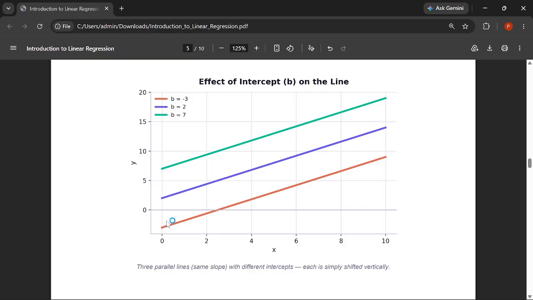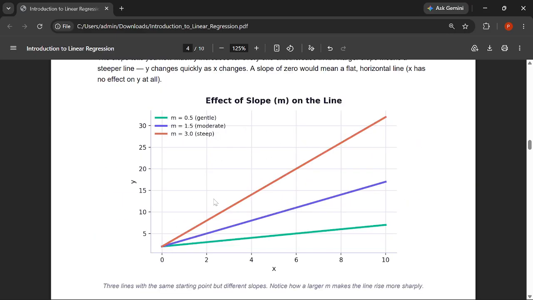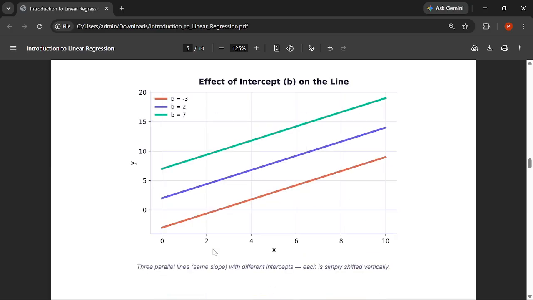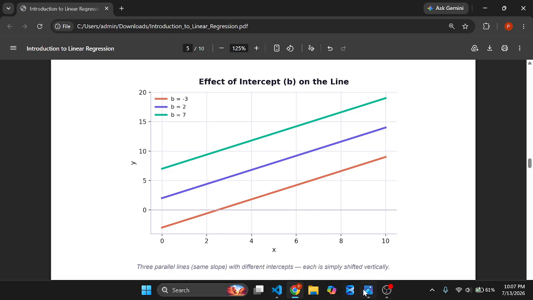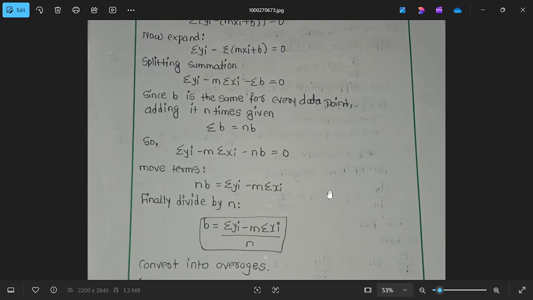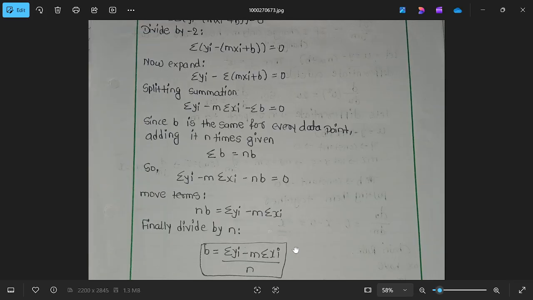It can't differ from value to value. The slope differs because we calculate the change in y according to the change in x, but b will not change. b remains the same for all the data points. So since b is the same for every data point, adding it n times gives